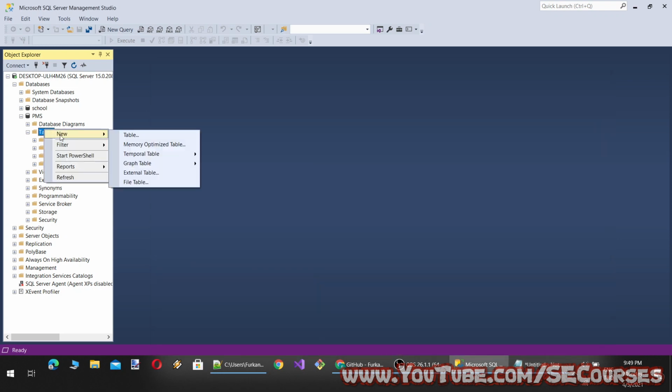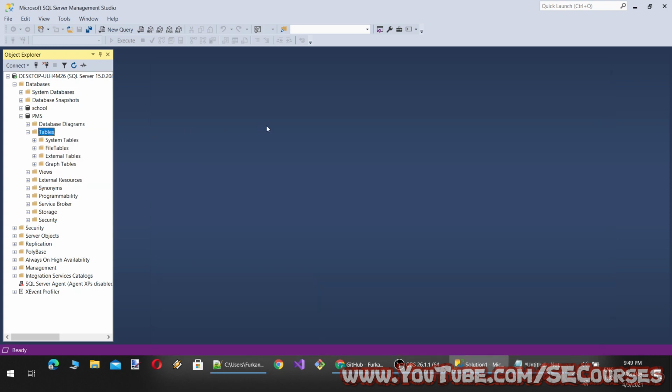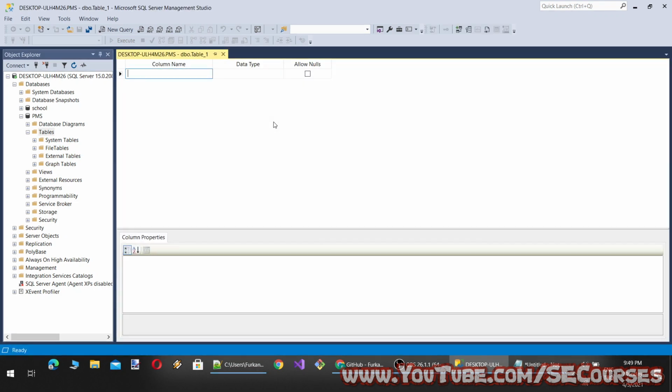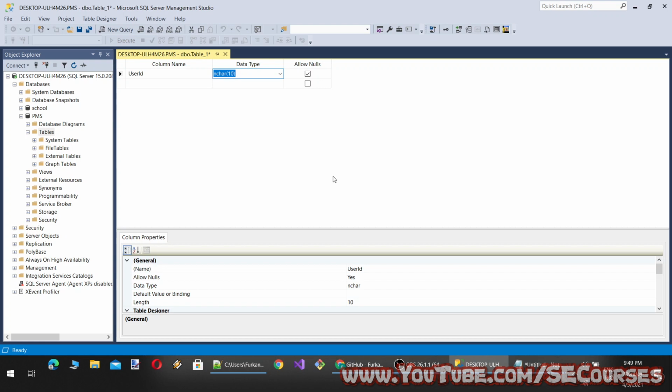Okay, so let's start with a new table. First I will use a user ID, and I am going to define it as integer. If you are going to have more than 2 billion records, you can set it big integer as well.